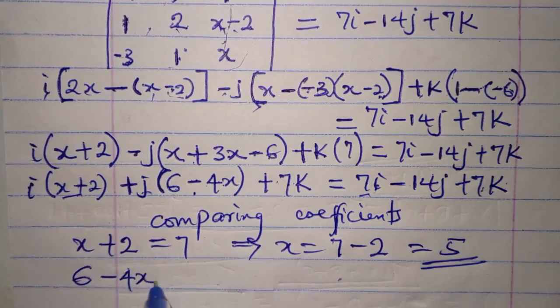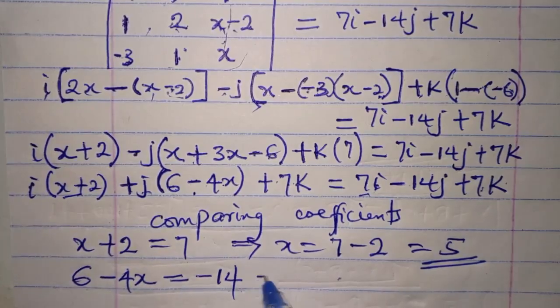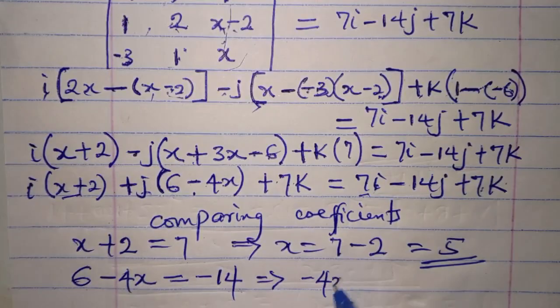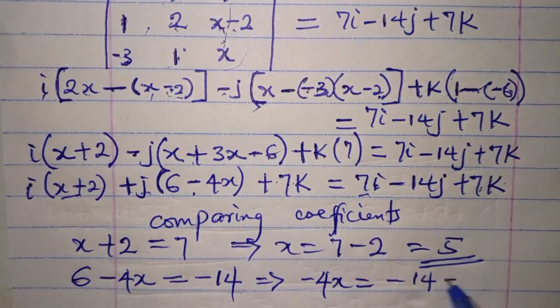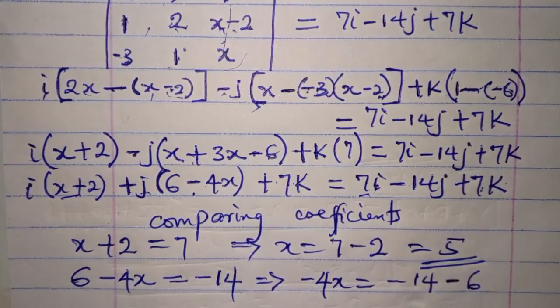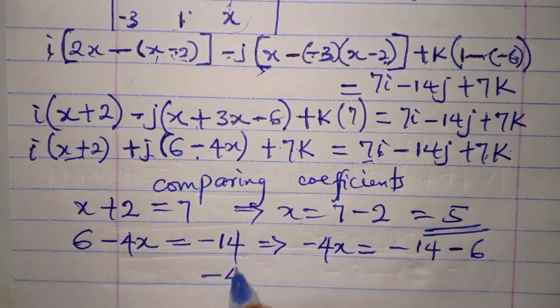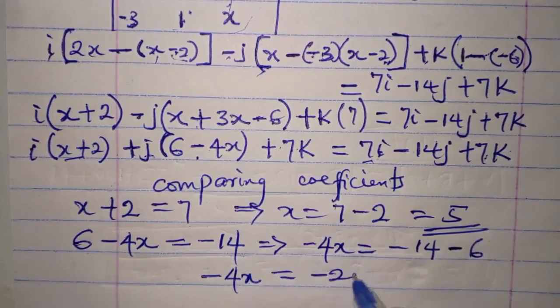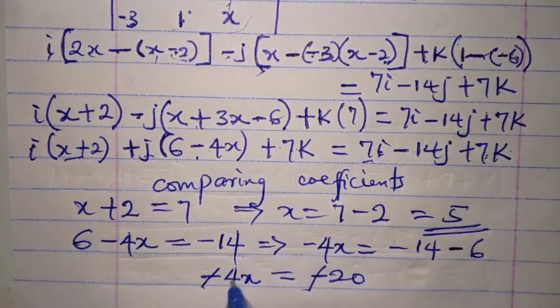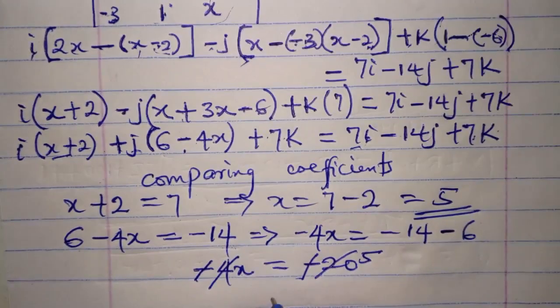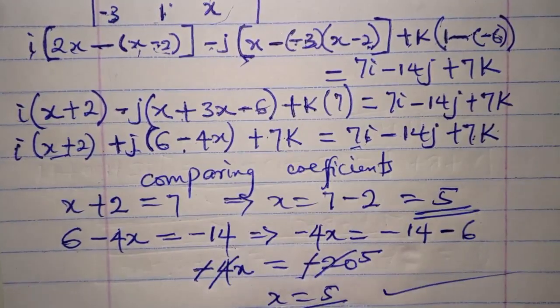So minus 4x is equal to minus 14 minus 6, which is minus 20. So minus 4x is equal to minus 20. Dividing, x is equal to 5. That is the value of x